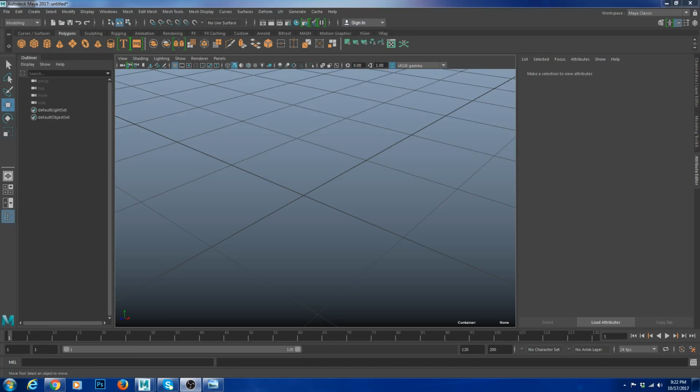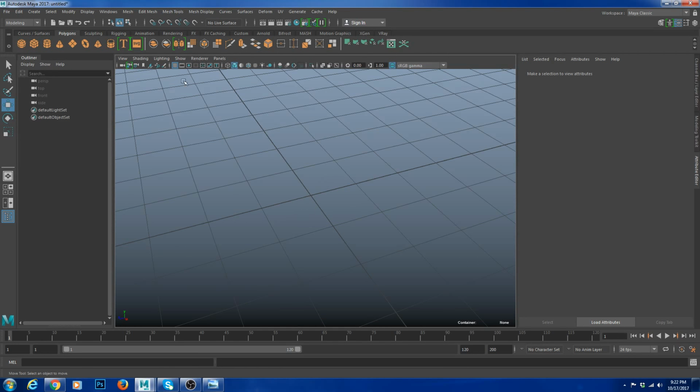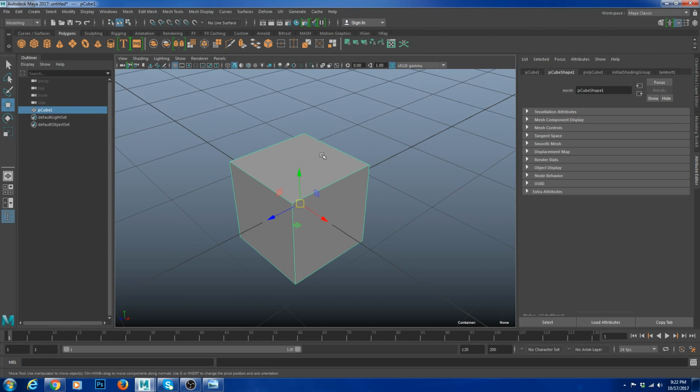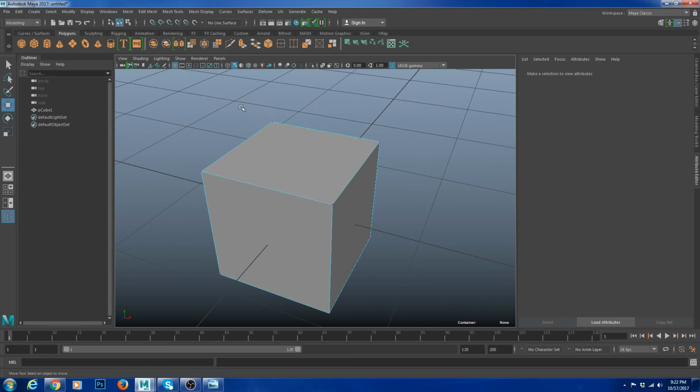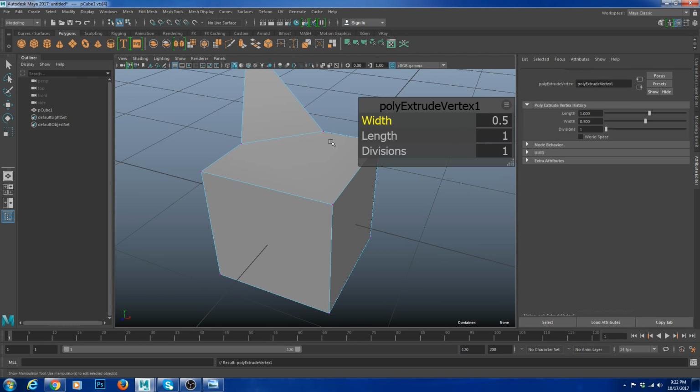So let's get started. I have opened Maya 2017, and in my polygon tab, as usual, I'm going to grab a cube. The Extrude tool works on three modes: vertex mode, face mode, and edge mode. In order to access the Extrude tool, first I'm going to show it in vertex mode. So you go to Edit Mesh and you say Extrude. As soon as you hit Extrude,